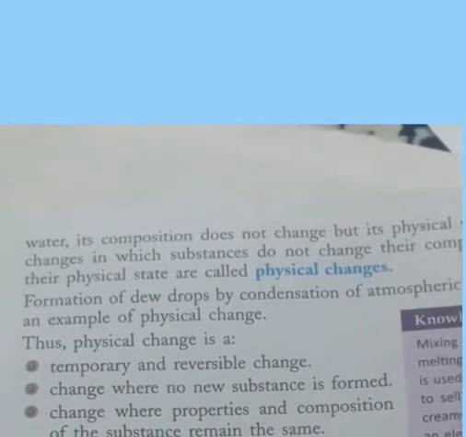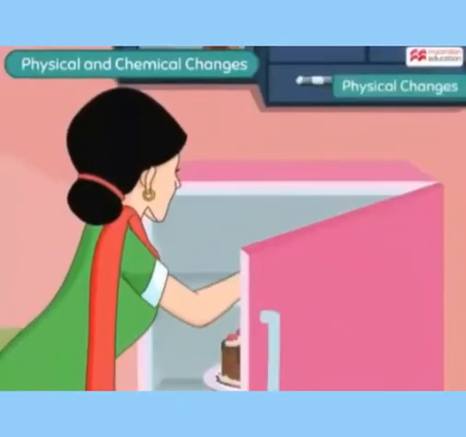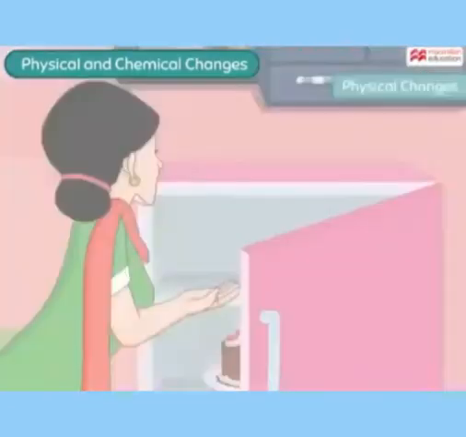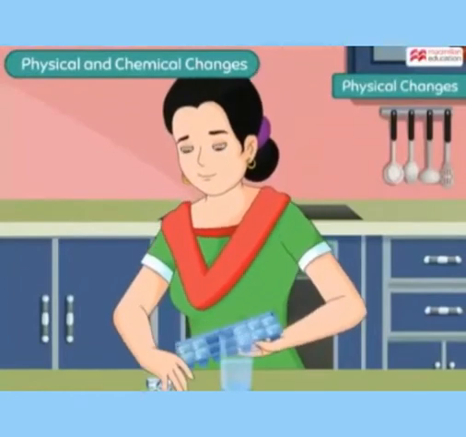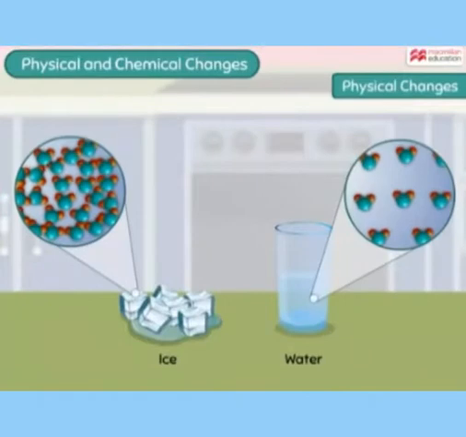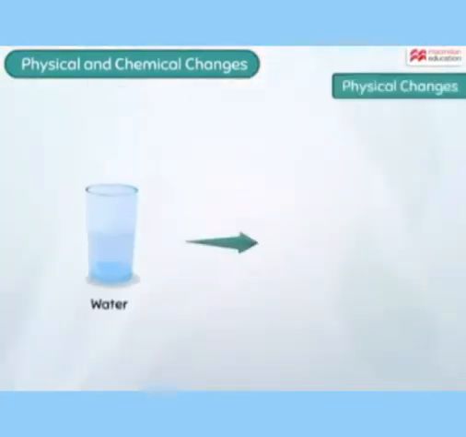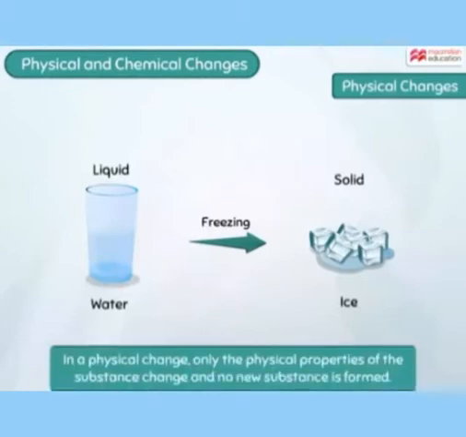वो same रहती है and no change is there. Let's understand this with the help of an activity. When water is kept in the freezer, after some time, it becomes ice. And ice and water are made up of same type of substance, that is water molecule, which means that freezing has just changed the physical form of water, that is from liquid to solid, but the molecules inside them remain